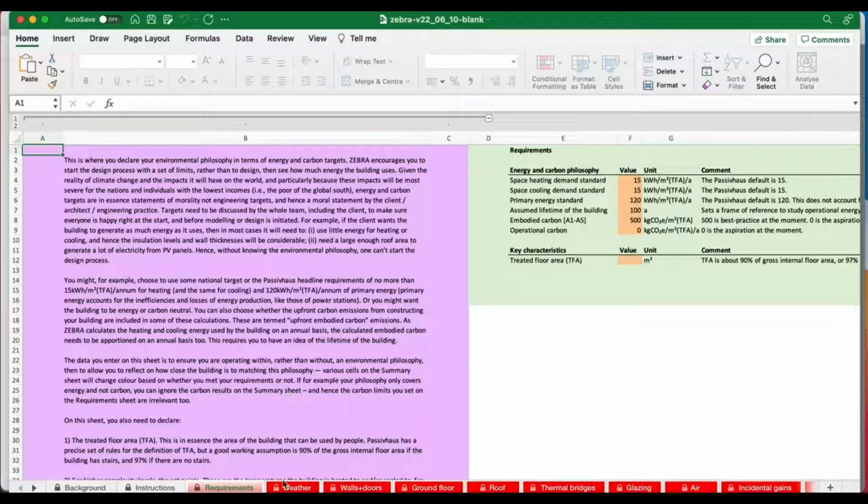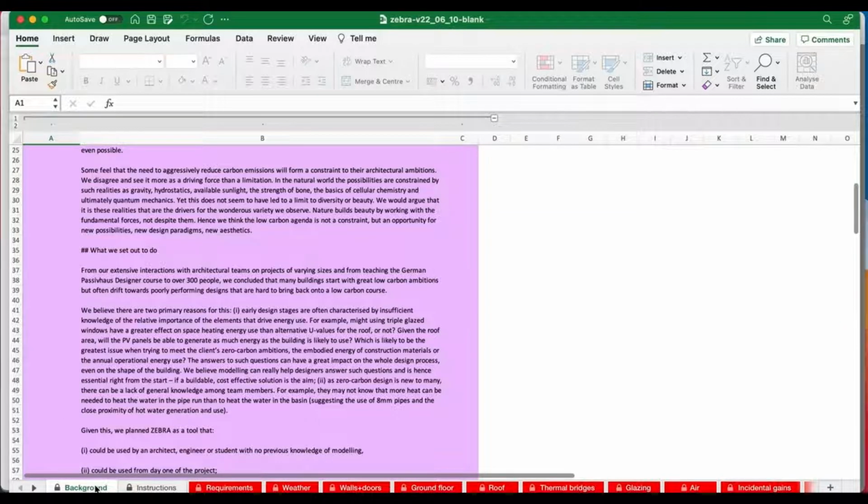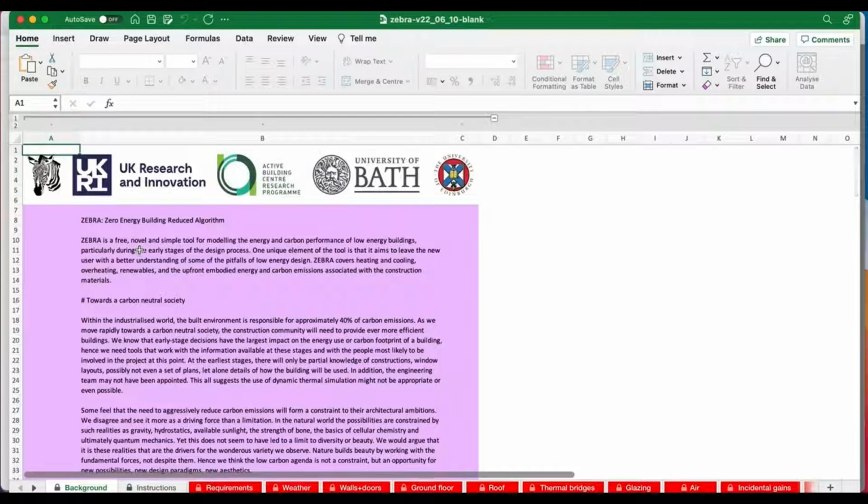So you need to read these instructions the first time that you engage with Zebra, and you might want to refer back to them in subsequent use. They contain a mix of information. They contain information directly relevant to Zebra, so how we developed it, and what kind of inputs you need to put in, so the exact definition of air changes per hour or treated floor area, for example, so the numbers we're expecting to see in the boxes to get the correct answer.